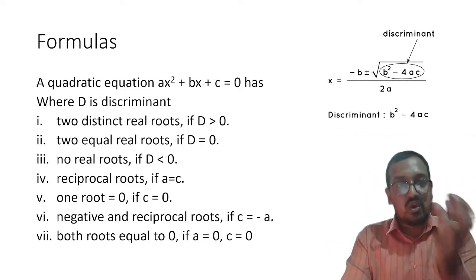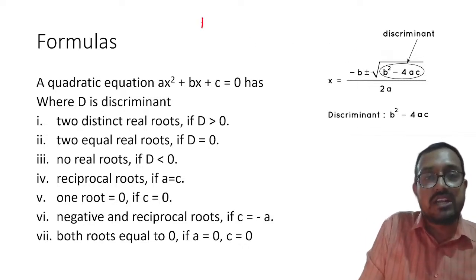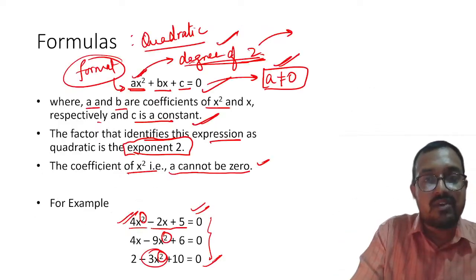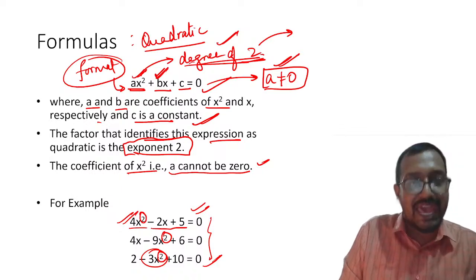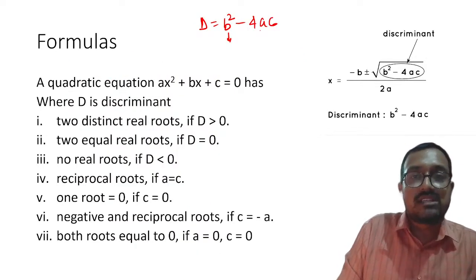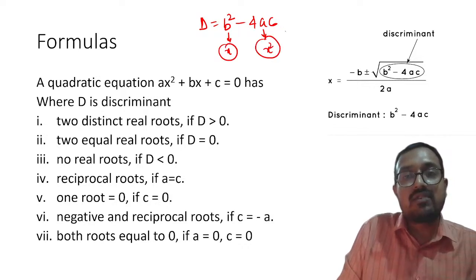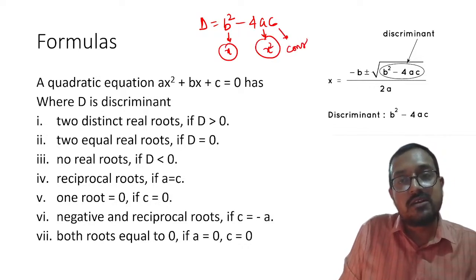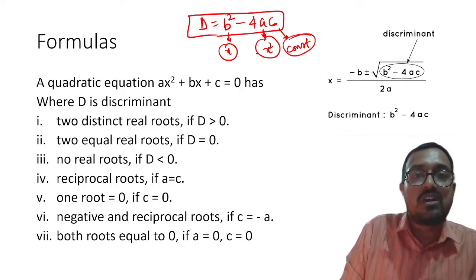So yeah, now my dear students, as I told you, the discriminant is the soul of this quadratic equation. So please remember, what is discriminant? It is nothing but a quantity: D is equal to b square minus 4ac. What is b? Just a few moments back we have seen. Please remember, b is nothing but the coefficient of x. Understood? What is a? The coefficient of x square. And what is c? c is the constant. Please remember, constant.